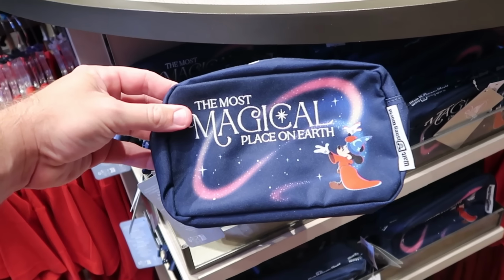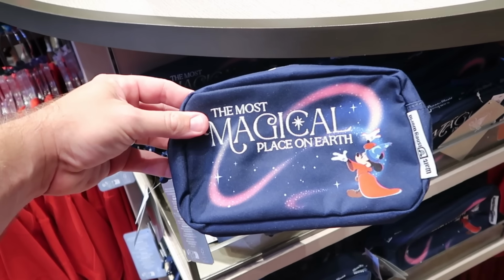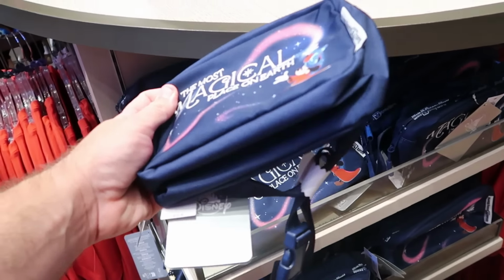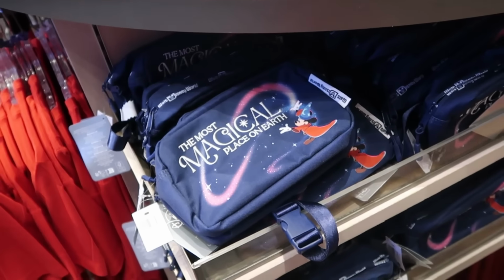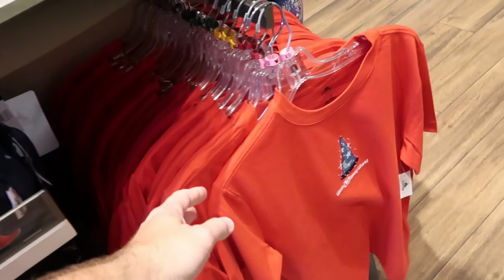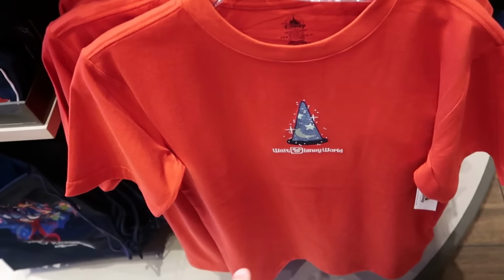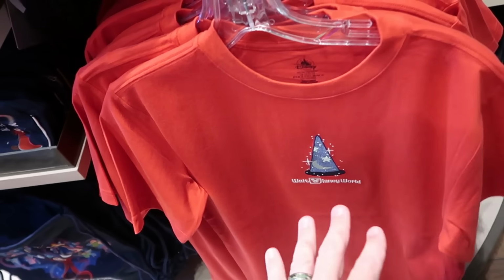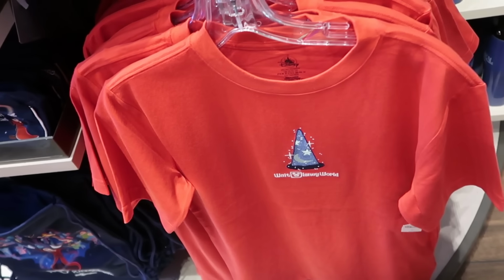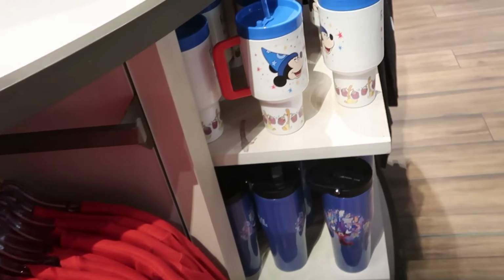You can't go wrong with a good fanny pack, embroidered Most Magical Place on Earth with Sorcerer Mickey. These are $30 a piece, but it's a nice good size for the parks. Next to that one is your bright red graphic t-shirt with the Sorcerer Mickey hat, and it's embroidered Walt Disney World underneath. This one is unisex for $35, and they do have a couple different cups that I do want